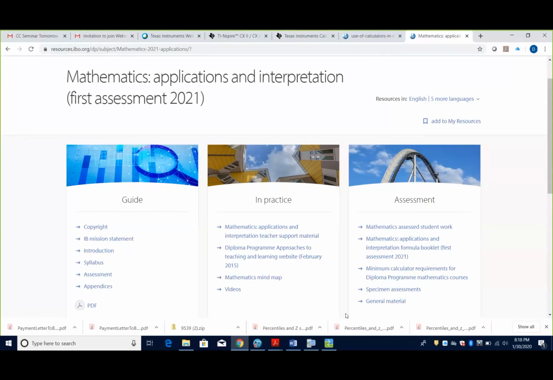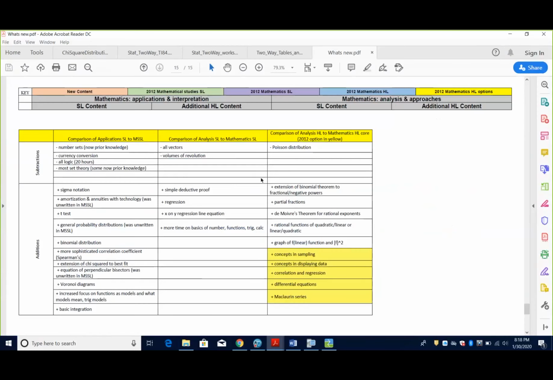So, kind of going away from the what's new sheet, please look at this at your leisure. So this one, Ruth, have we shared this document with them? Do they get access to this document right here? Because I sent a link in the chat, and they'll also be getting the link in the email, and they may have gotten the link when they registered. Okay, perfect. Thank you so much, Ruth. I appreciate that.